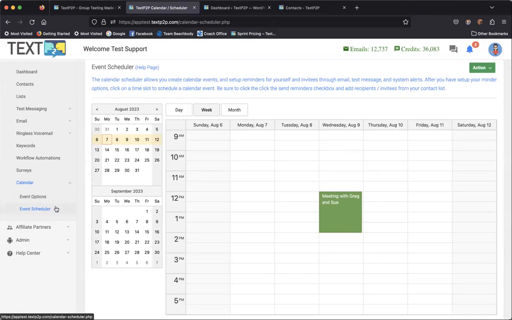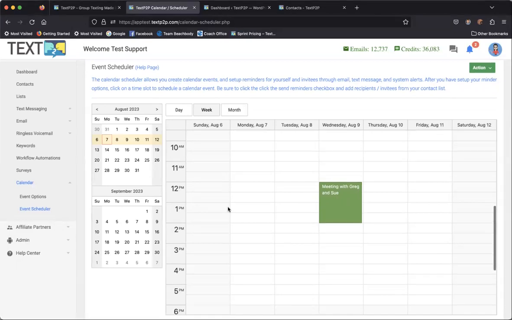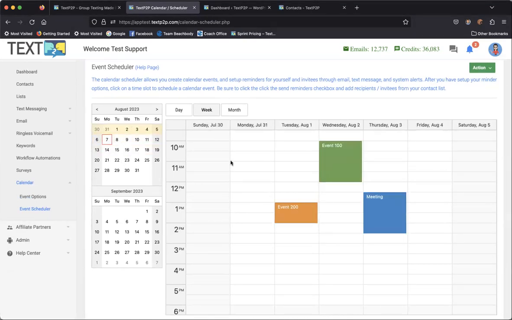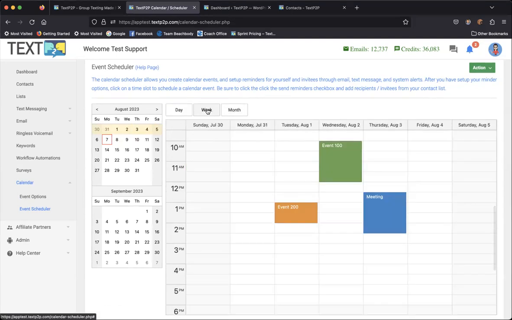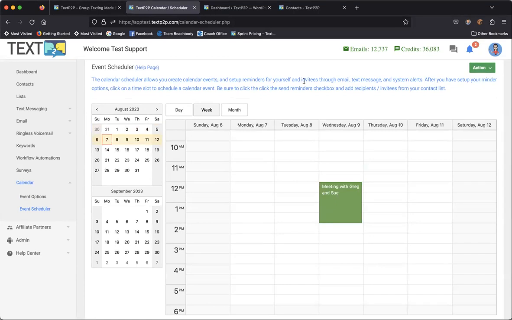I'm going to show you the advantages, how to use it, and hopefully answer any questions that you have about it. It's similar to a calendar that you probably use, like the Outlook calendar or the Google Calendar. You can switch from week to week and look at scheduled events, and you can switch from month view to day view. Week view is the default. But the first thing that you want to do, and it'll tell you up here, is you want to set